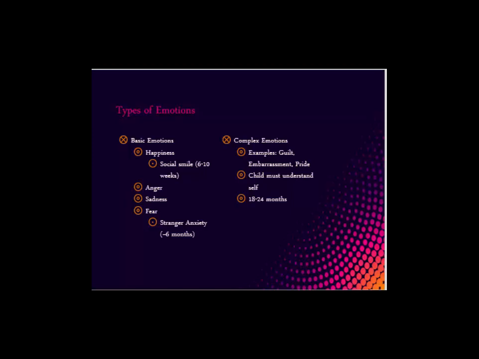We already discussed the development of self-awareness. Remember the mirror task? So children don't usually start passing the mirror task until around 16 months old. That's when they really understand that they're their own person. So that's 16 months. And then complex emotions start to emerge between 18 and 24 months. So shortly after that,